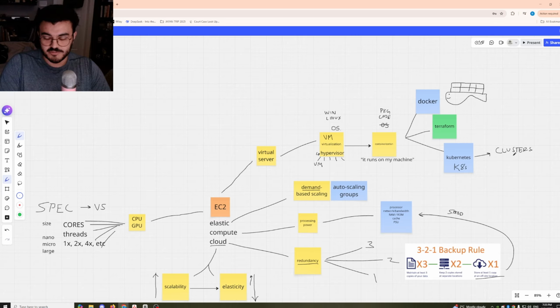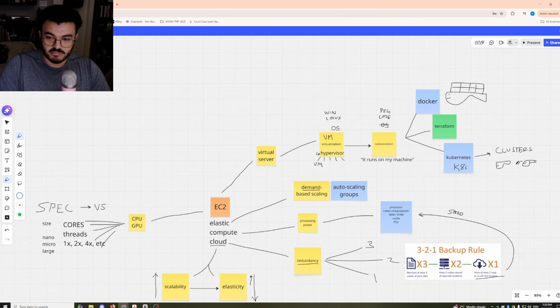What is a cluster? A cluster is a group of containers. So I guess it'd be like many little whales. Okay, that looks more like a chef's cleaver, but that's okay.